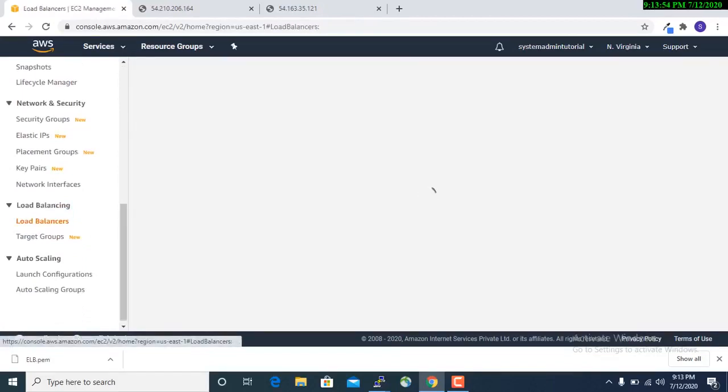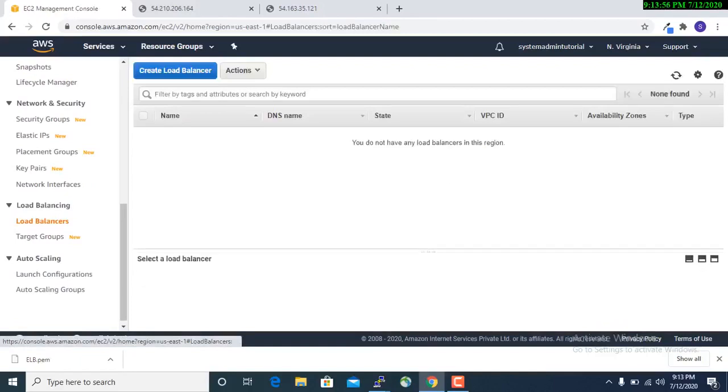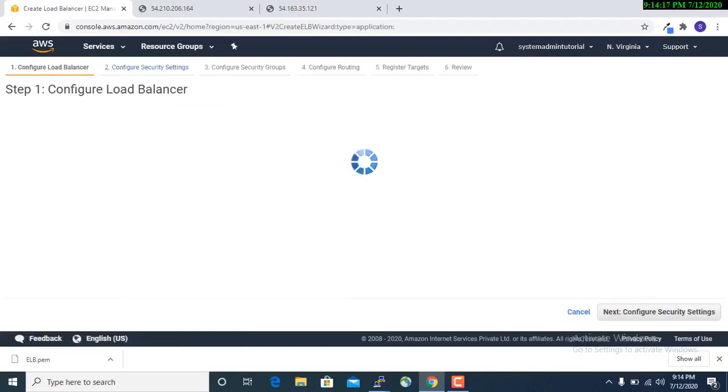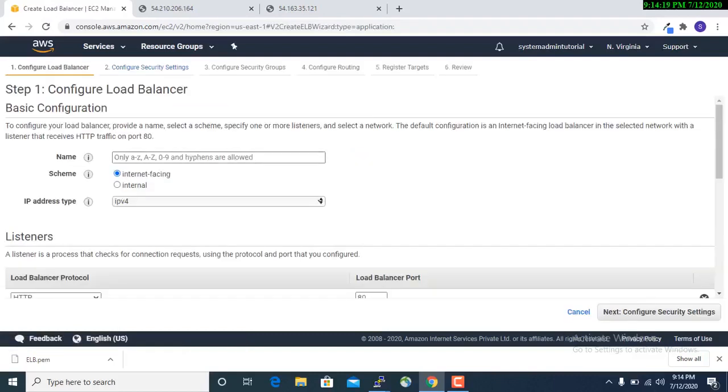Now we are accessing it through our IP address or whatever the DNS name is from the individual server. Now we have to do it through the load balancer. Meaning if the traffic comes through our DNS, then it will go to the respective servers. I go to the load balancer. Here no load balancer is configured before, so I have to create a new load balancer. Click on create load balancer.